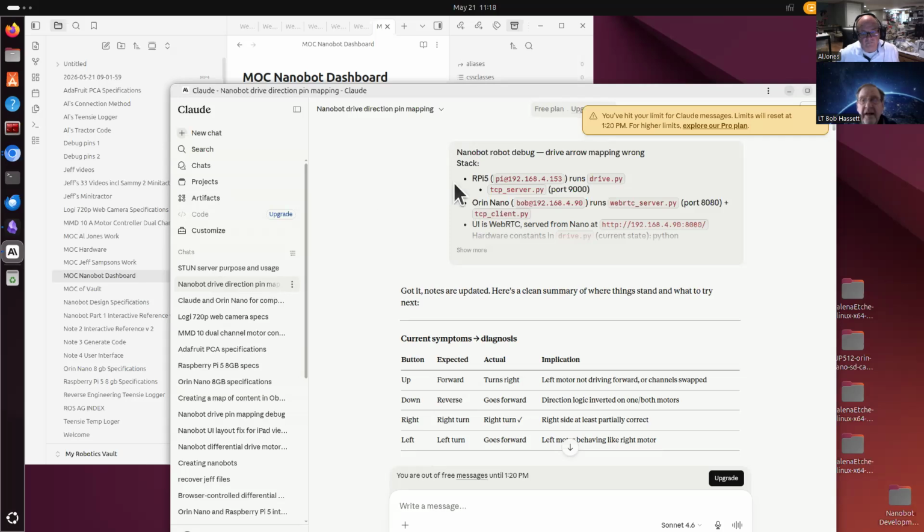Oh, yeah. The problem was this: my arrow mapping was wrong in the stack, and it took me through the drive program and we debugged that, and I had some wires crossed up. Now the problem seems to be in my index file and something called status, and I've got to work on that. But then, I think last week, I started taking all the files here and put them on Obsidian,